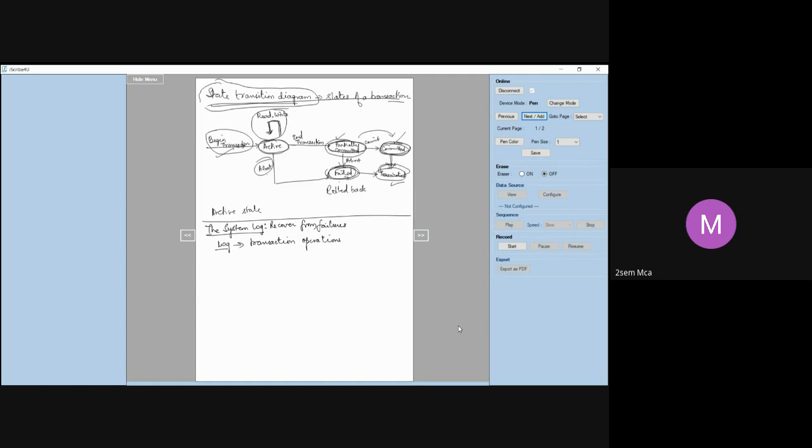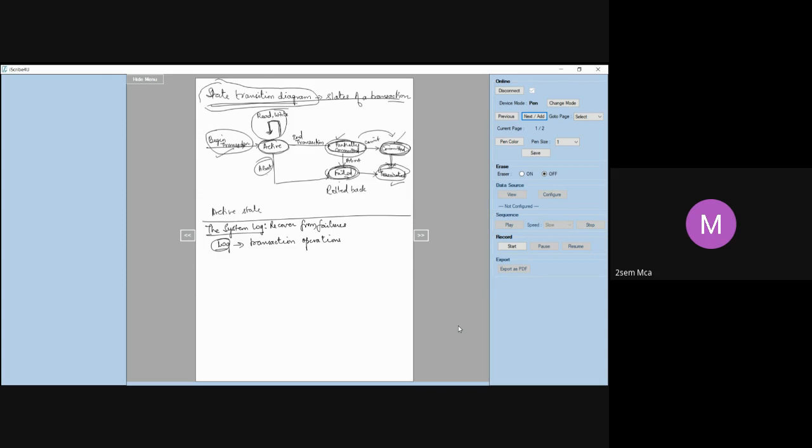To keep track of all the transaction operations that affect the values of any of the database items, like for example, read item of X. X is a database item which has been changed by the transaction. So all that will be maintained in the log, so that when there is a failure, the DBMS can recover the system from failure. It should see to it that the system starts running again, which means there should be some kind of backup, some information about all these transactions. That is all maintained in the log.